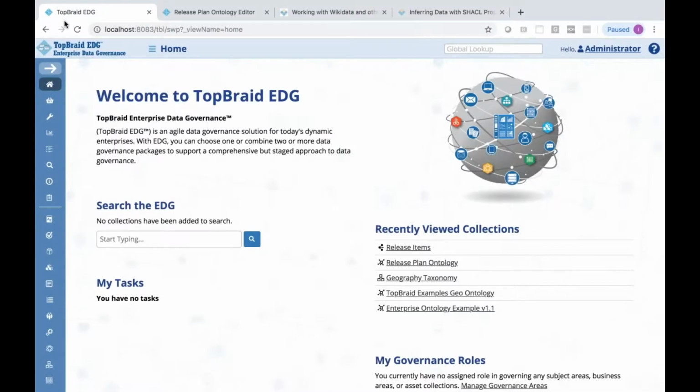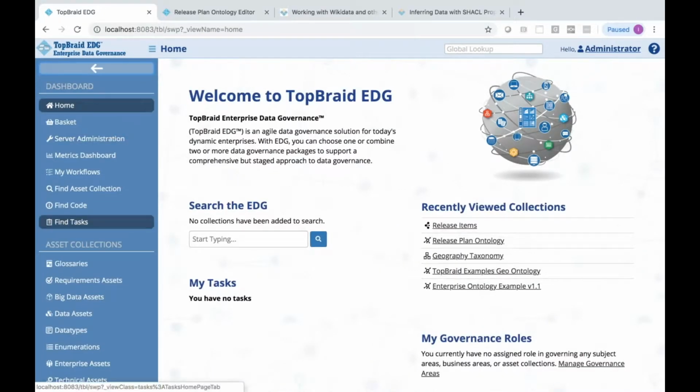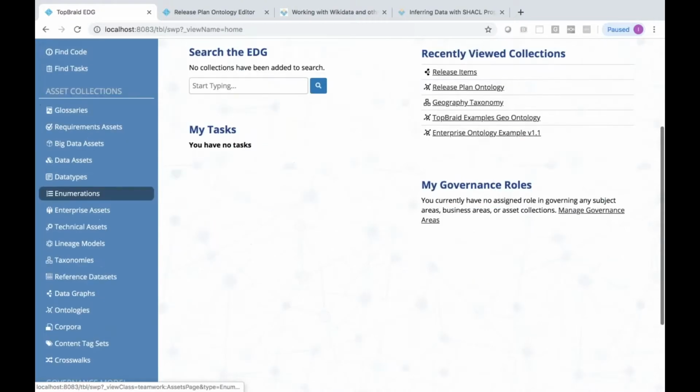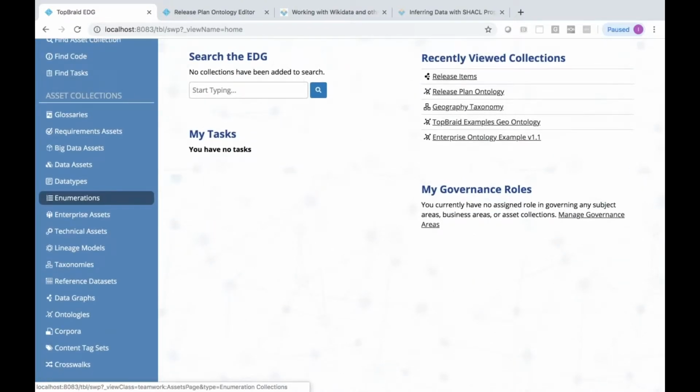All right, so I'm showing a homepage of TopBraid EDG, and as Robert was saying, you see here in this navigation bar on the left all the different types of asset collections.